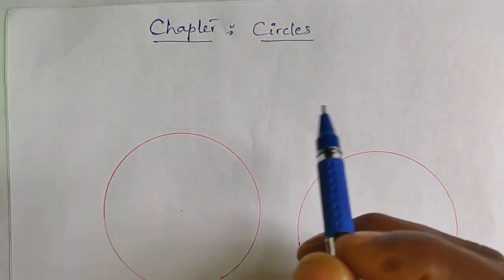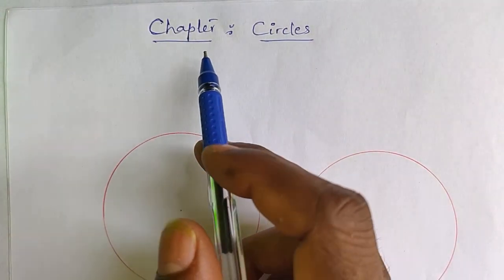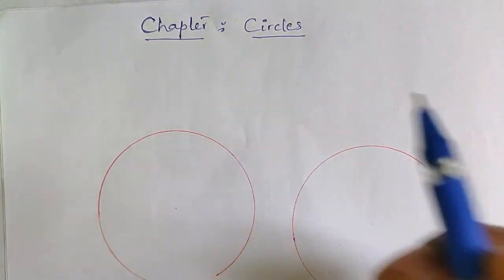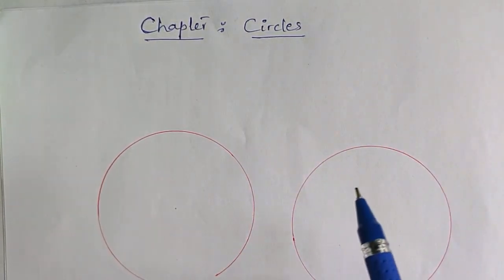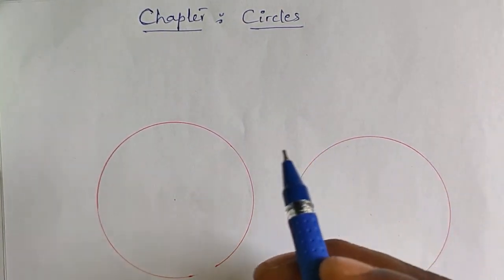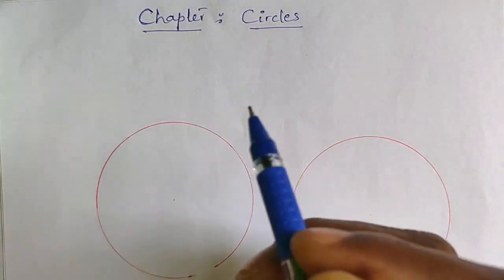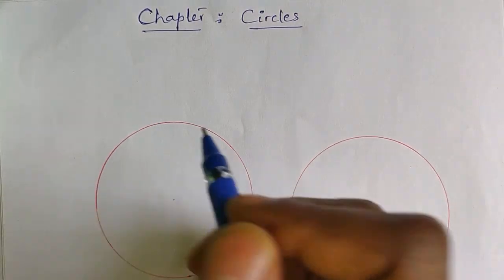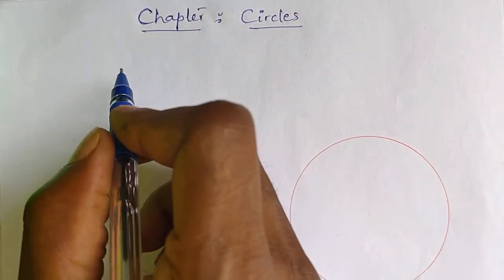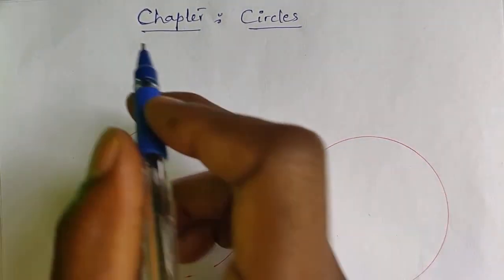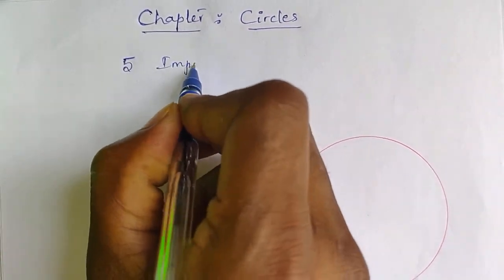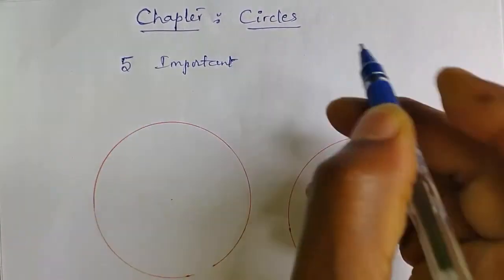My name is Vishwanath. In today's class, let us learn about the circles continuation part. In my previous class about circles, we have learnt a few problems and the first important thing is 5 important theorems. Before going to some other problems other than previous class problems, let us have a glance on those 5 important theorems. So these theorems are very important, students.